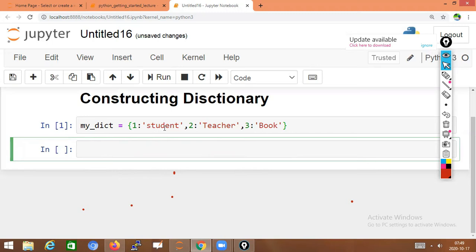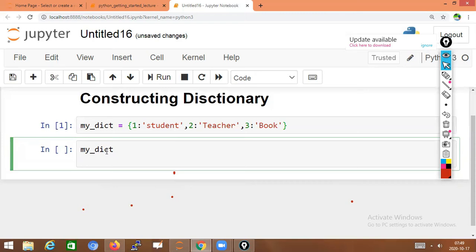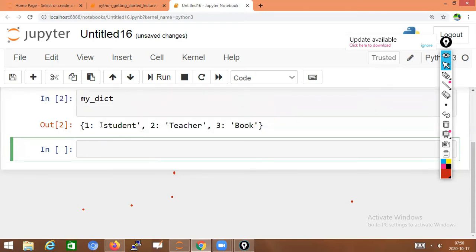In that, the values will be stored in this format. If you want, we'll check it. mydic, shift enter. See, the values are stored in the form of key and value. One is a key, its value is student.